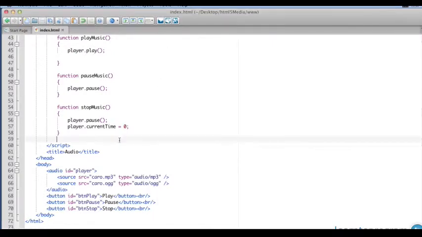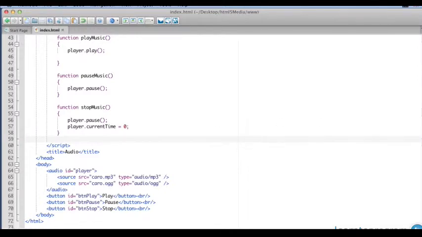I'm going to use a slider in order to show us the current position in the song. So as the song continues, the slider will move. Now, this requires that we update constantly the position of the player, because we want it to move as the song continues. There's a couple of different ways to do this. I'm going to show you the setInterval method, which lets us create an interval and have something occur at that interval. So we'll basically set an interval of, let's say, 100 milliseconds, and at each 100 milliseconds,